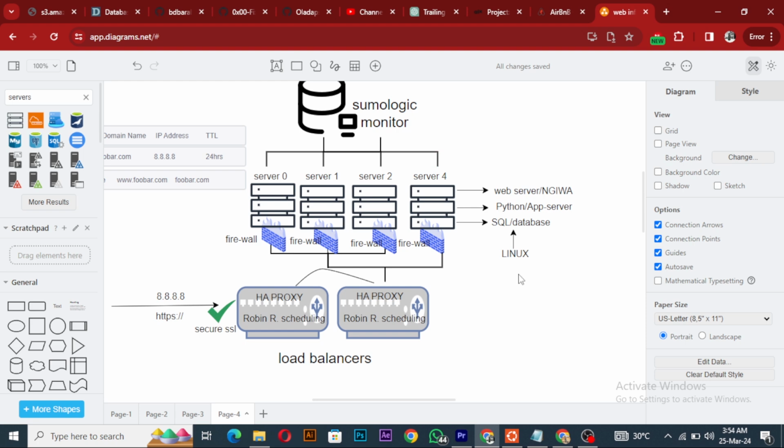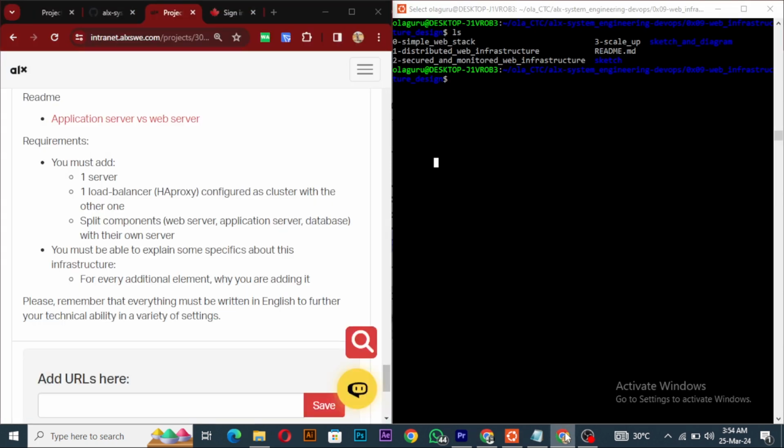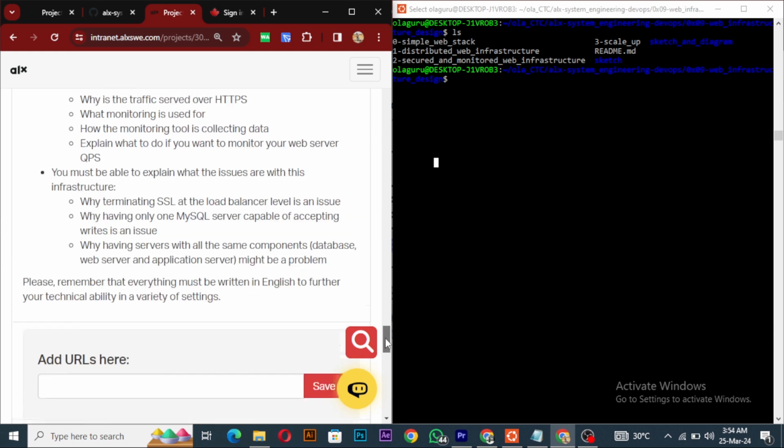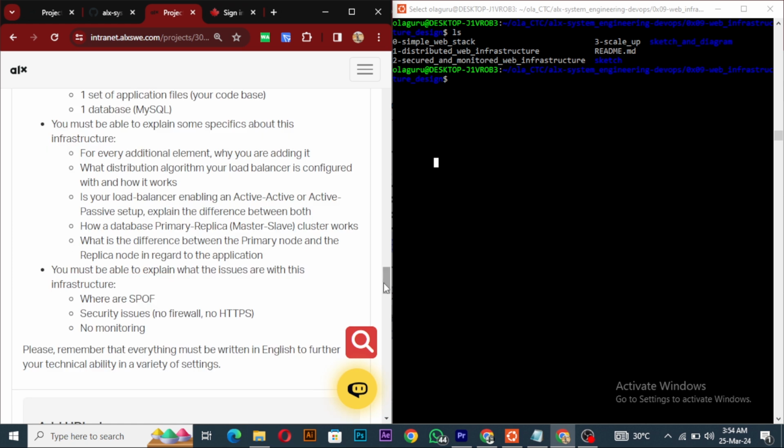So the next thing you're going to do is we create the repository, create the directory, and then create the file. And inside each file, what I did is I got the pictures and kept them in this sketch. I created an extra directory called sketch. So if you look at sketch now,